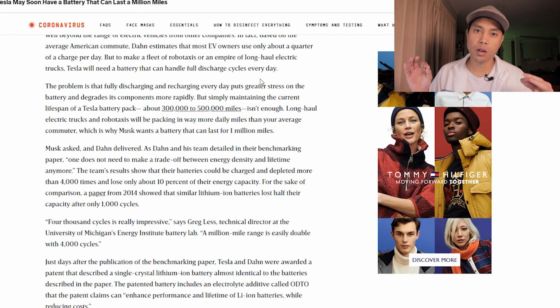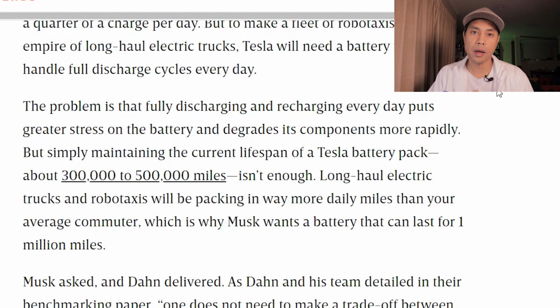So they're just saying if the cost of the battery keeps going down, this will reflect on the cost of the total car coming down, which will be able to compete with the other traditional cars out there at the moment. In part 3, another expected announcement is the million mile battery, and the reason why that's important is because